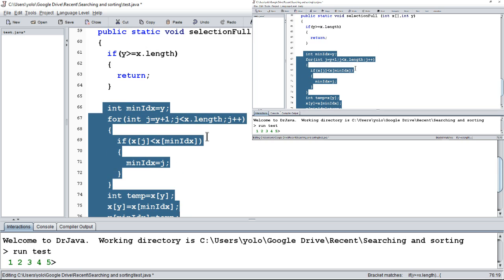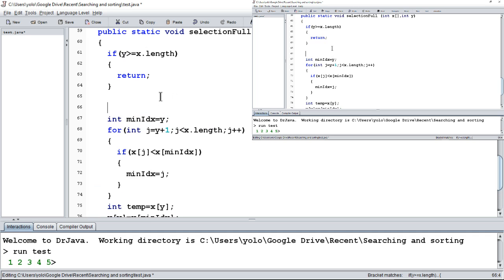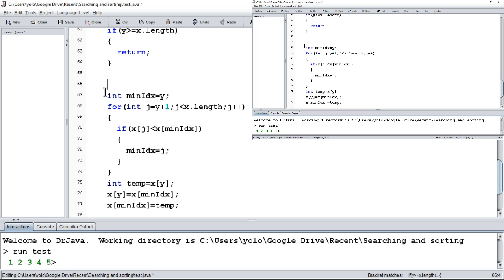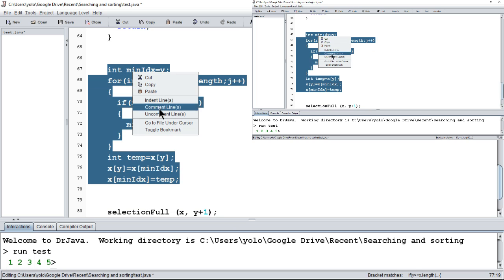So we need to call another method inside this method. So let's create another method. We will change this. So let's comment it